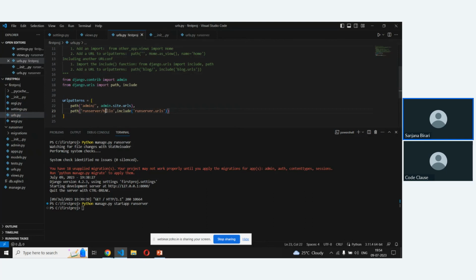So you can delete like this, and slash here. So this will be easier for you after connecting this.